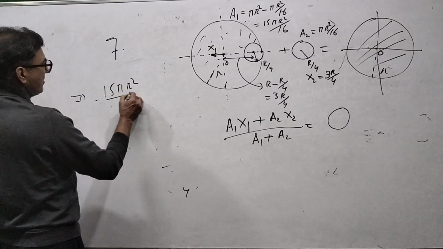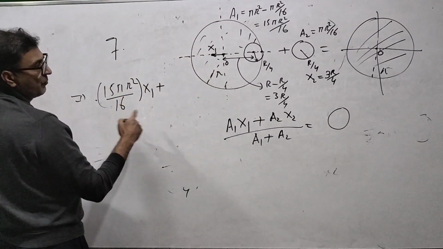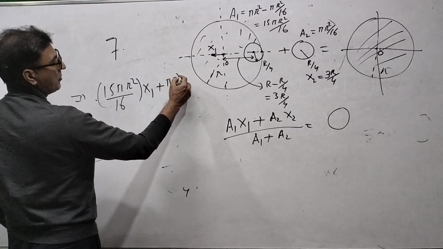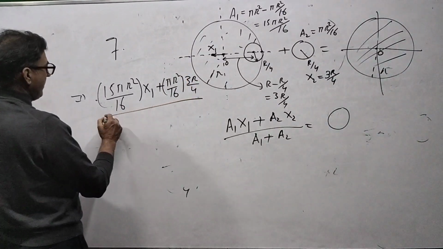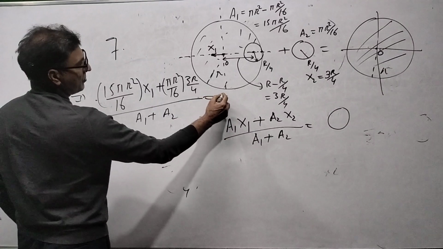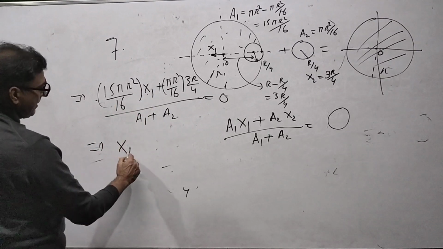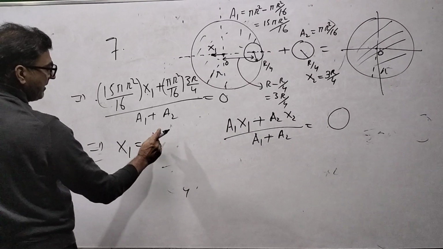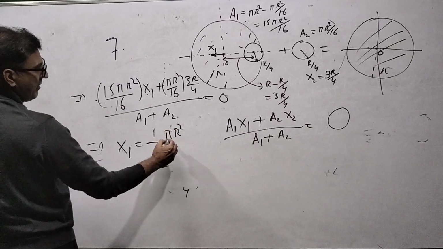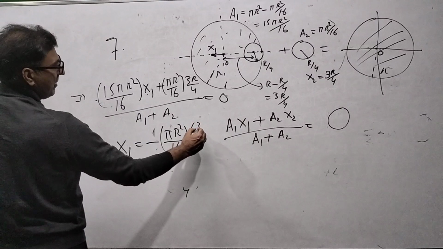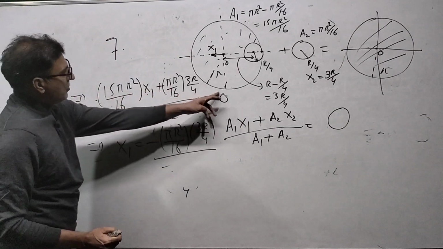15 pi r square by 16 into x1 जो निकालना है, plus a2, what is a2, that's pi r square by 16 into x2, what is x2, that is 3r by 4 whole divided by a1 plus a2 is equal to 0, ये वाला 0। ये तो 0 क्रॉस मल्टीप्लाई में खत्म हो जाएगा। तो बताइए x1 किसके बराबर है? ये 0 हो गया, इसको शिफ्ट कर दो, that is minus ही होना चाहिए because it should be shifted to the left। ये शिफ्ट करके pi r square by 16 into 3r by 4 whole divide by this one, क्योंकि ये 0 हो गया,